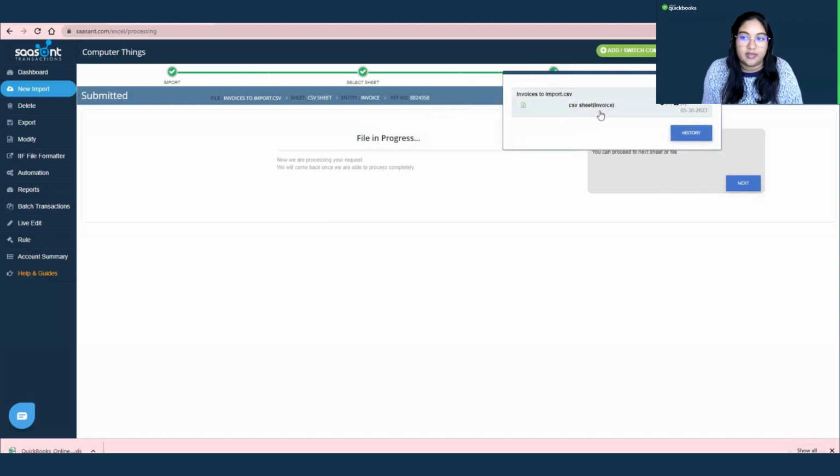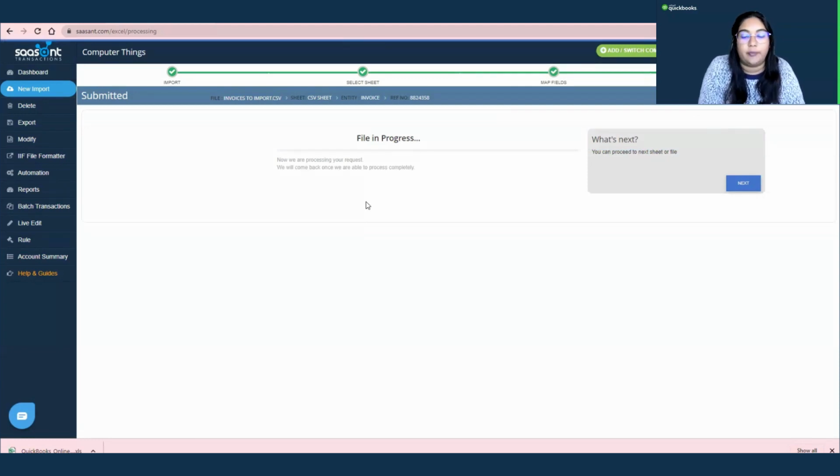Now you can see that this file is busy. So we're just going to wait a bit until it's processed, and then we're going to see how it populates in QuickBooks Online. So just remember while we're waiting, when you're doing updates or conversions, be aware that this is quite a long process. You want to choose the right date in which you do your imports, so mainly at the end of a financial year, or maybe halfway through your current financial year. And you want to choose whether you want to bring in all the details or if you only want to